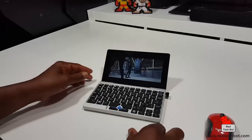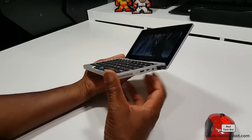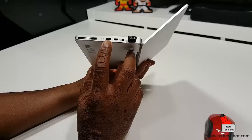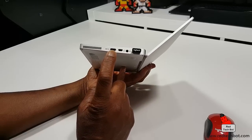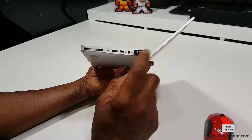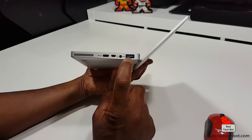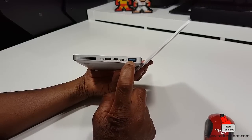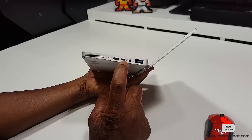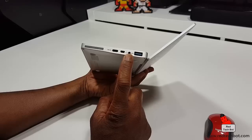Now looking at the interfaces on this thing, here on the side we do have a USB Type-C port, which is great for charging your device as well as data transfer. It does have a USB 3.0 port right here, Type A, and it does have here an HDMI D-type video interface, and of course we have our 3.5mm audio jack,